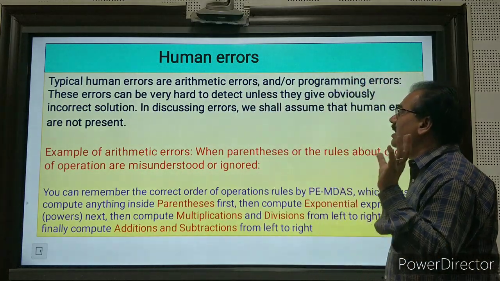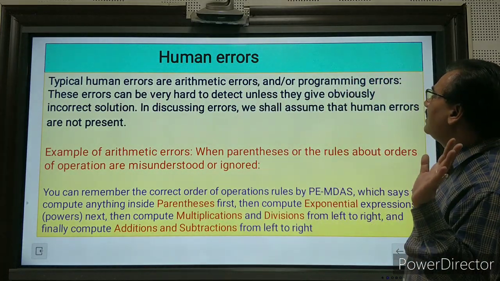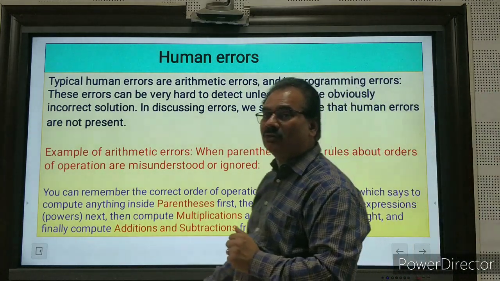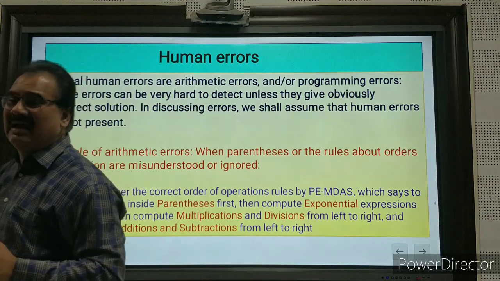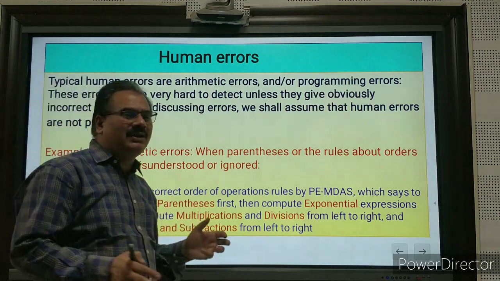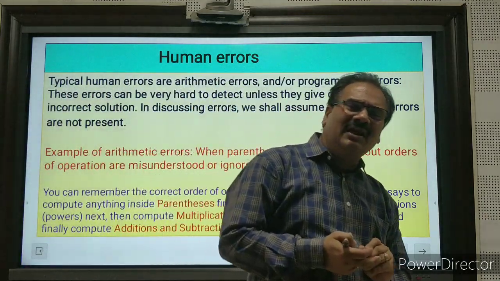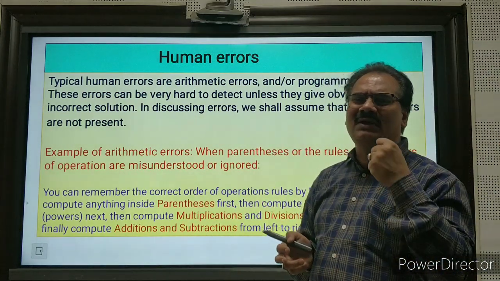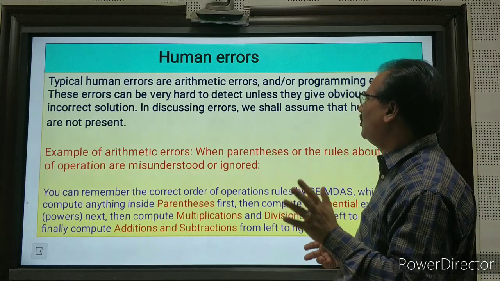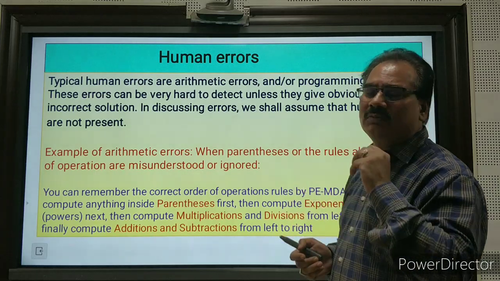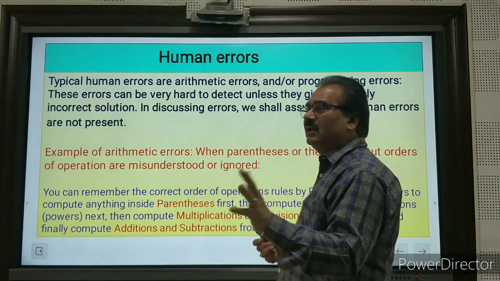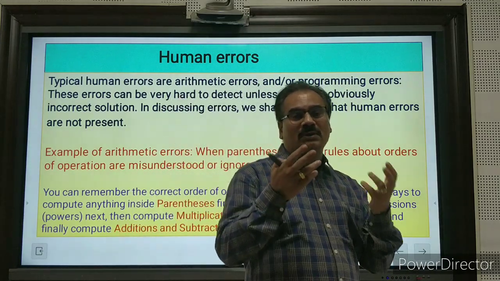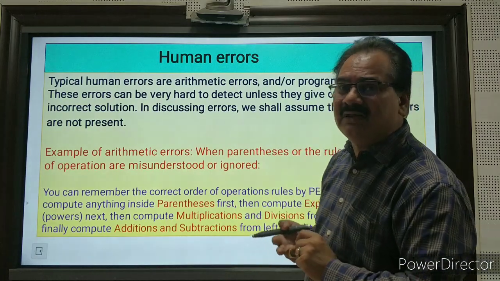तो टिपिकल ह्यूमन एरर, this is also human errors: arithmetic errors and programming errors. अब यहाँ जरूर इंपॉर्टेंट होती है कि आपको मैथमेटिक्स कैसे पढ़ाया गया है, आपकी पर्सनल हैबिट क्या है कैलकुलेशन की. अगर अच्छी नहीं है, आपने साइंटिफिकली कैलकुलेशन नहीं करने की आदत है, तो you will commit a lot of mistakes and those mistakes are known as human errors. जैसे हम लोग जानते हैं ना BODMAS, अब BODMAS का केयर आप नहीं करते हैं तो एक एरर आपने क्रिएट कर दिया from the very beginning, from primary school mathematics that is already there.